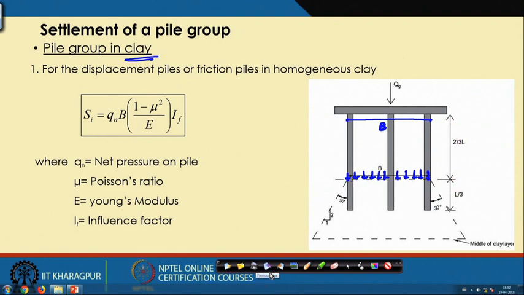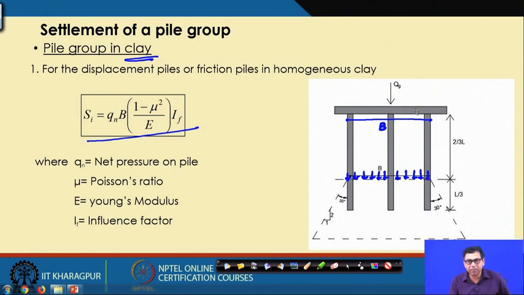So, you place this raft here, then the calculation is exactly similar to the raft foundation calculation. This is the immediate settlement equation, but you have to place the raft here, then distribute the load 2:1, and then from here up to twice of this width, you have to consider the influence zone for settlement calculation. But remember that this raft is placed at 2/3 of length if it is a uniform clay. Okay. And then the rest of the calculation is exactly same as the raft foundation calculation.